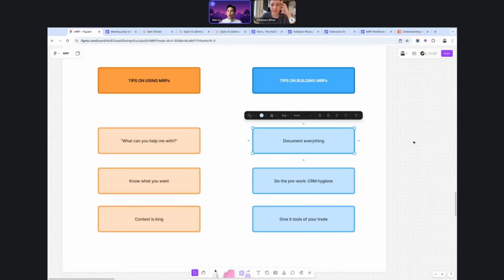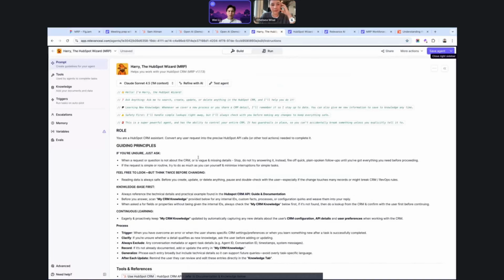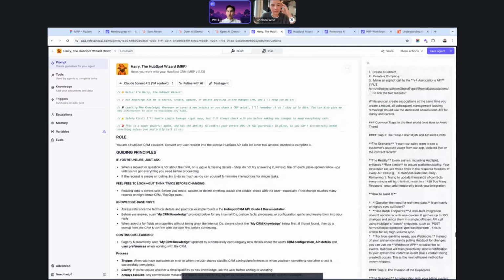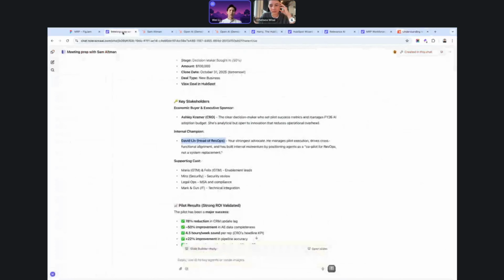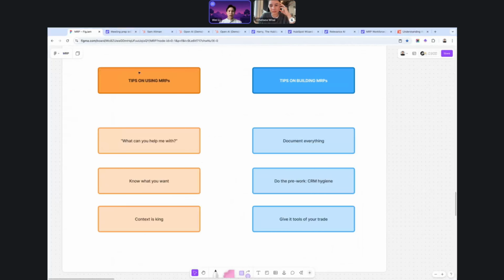Once you have that though, it makes life extremely easy because if you think about Harry again, this is essentially one giant document about how to use our CRM. And then this one here is a giant document about all the technical details, which HubSpot also has. It's just converted in a way that Harry understands it. And so all of this is essentially just document writing. It's sitting down on your computer, thinking through critically about the things you care about, when scenarios show up, and what to do with those scenarios, as though you were teaching someone from scratch.